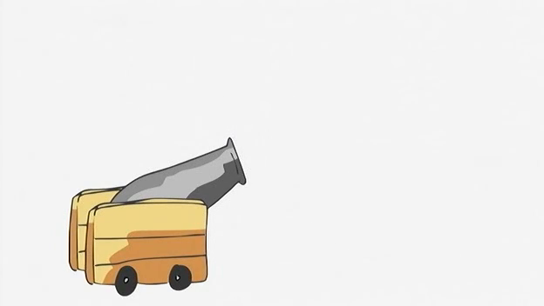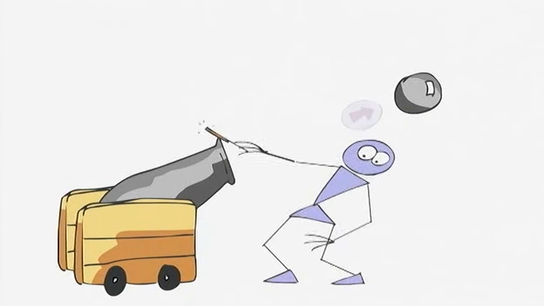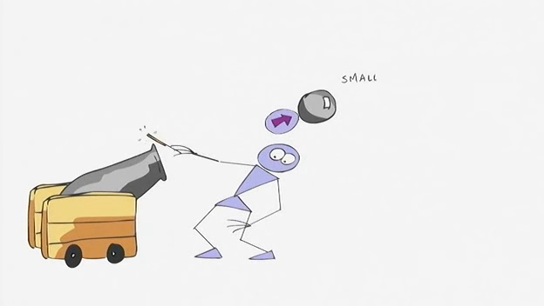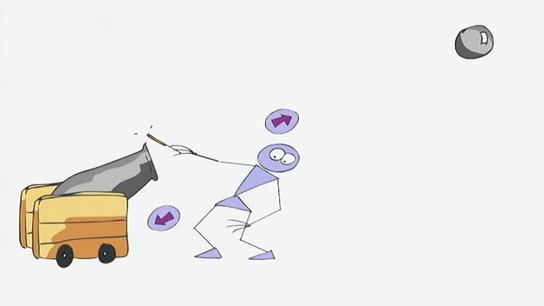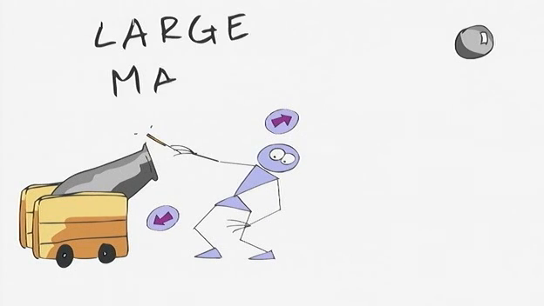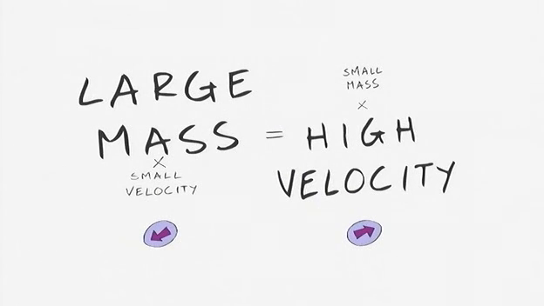Total momentum before the gun fires is 0. Nothing is moving. After it fires, the cannonball is moving forwards. That's momentum in a forwards direction. The cannonball has small mass and large velocity. Momentum in the backwards direction will cancel this out. The cannon recoils backwards. It has large mass but small velocity. The two objects, cannon and cannonball, have equal momentum in opposite directions. They cancel out. That keeps the total momentum equal to 0, which is why we get recoil when guns fire,